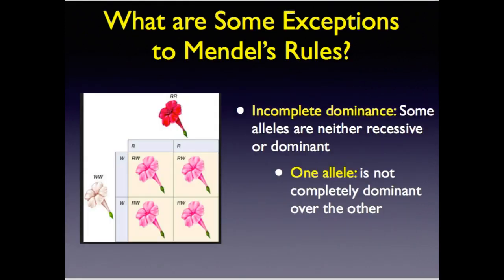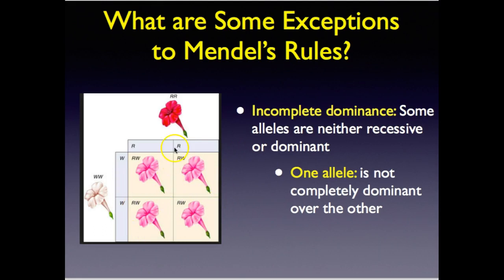One exception to Mendel's rules is incomplete dominance. Some alleles are neither recessive nor dominant, so one will incompletely dominate over the other. So if red is incompletely dominant over white, it's going to show some dominance, but not completely. And so when you have an instance of incomplete dominance, you'll see here that pink is the result. So if you have red and red incompletely dominates over white, then